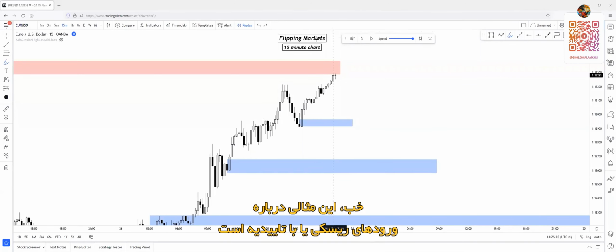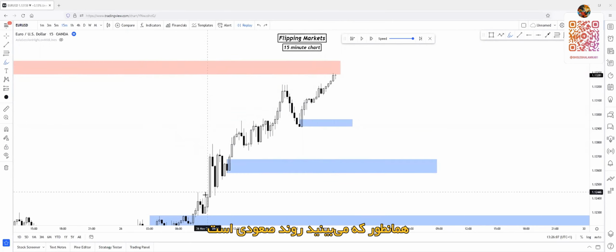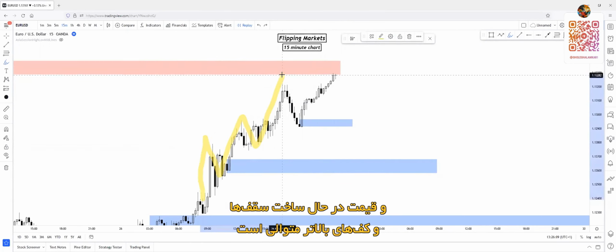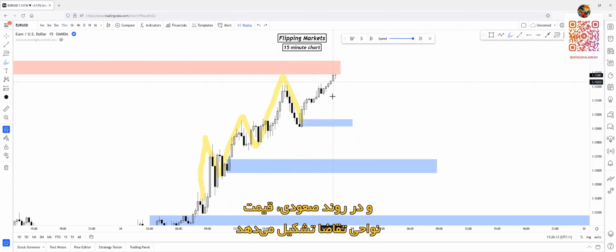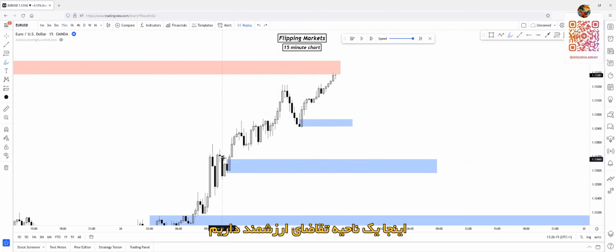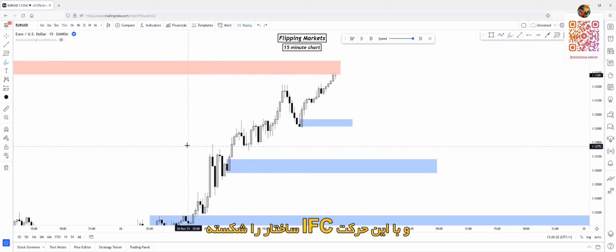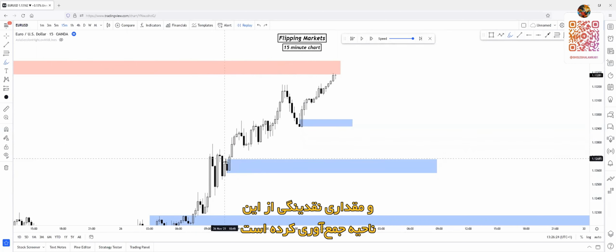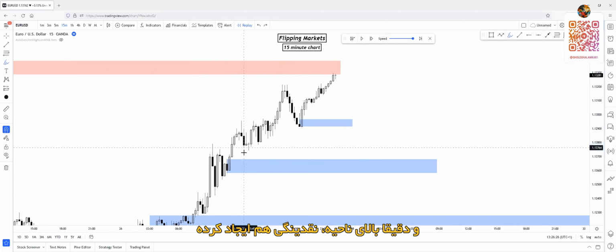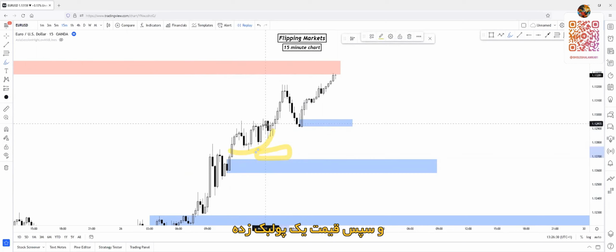Okay, so let's see a live example for the risk and confirmation entries. As you can see, price was moving in an uptrend, creating a series of higher highs and higher lows. And in an uptrend, price will form demand zones. So we have this really valuable demand zone right here because it created a huge inefficient push to the upside. This inefficient push created a break of structure and swept some liquidity from this region and created liquidity here just above the zone. After this, price did a pullback here.